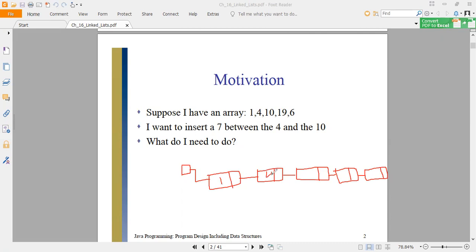It's holding 1, 4, 10, 19, and 6. So this is our linked list, and I want to insert one new element into it here at this location. So simply I have to have one new node, and I need to write 7 into it, and then the only thing I have to do is to change the pointers here. So this node will be pointing to the new node, and the new node will be pointing to the next node. So this new node can be included into our list this way.